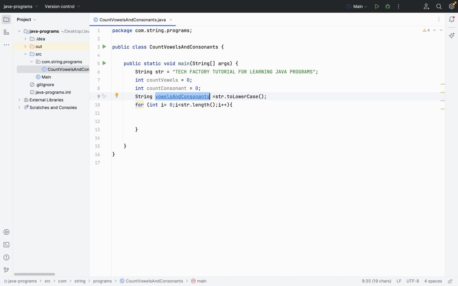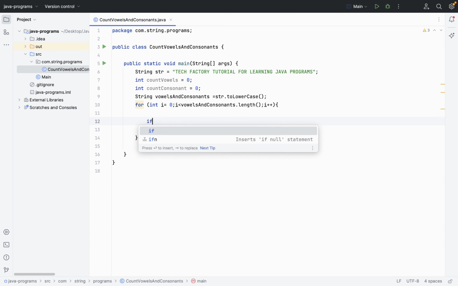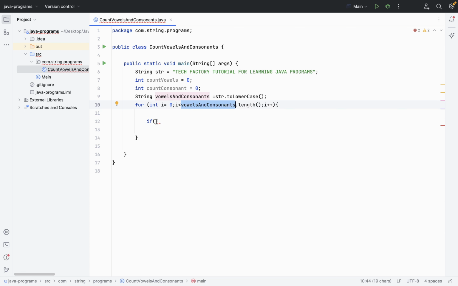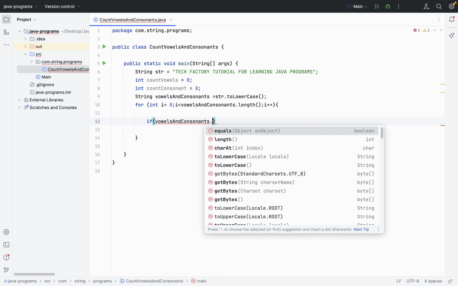After the camel case name we will simply put the length and then i plus plus. Now this loop has started. Now we will put some condition: if the character at index i is equal to